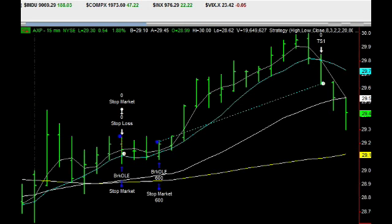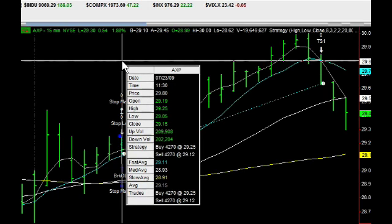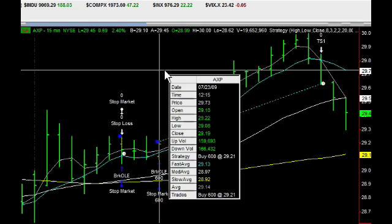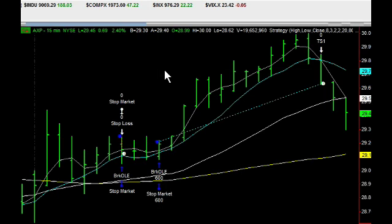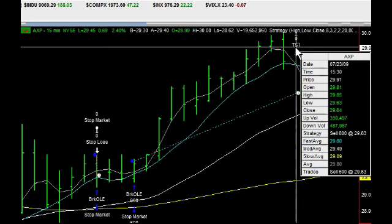Then on AXP, we had two trades today. The first trade was stopped out with a loss of about $555 and change. Then we re-entered the trade, 600 shares at $29.21. And let me just slide this over a little bit so we can get everything in the window here. And then we exited that trade on a trailing stop at 29.63 for a profit of about